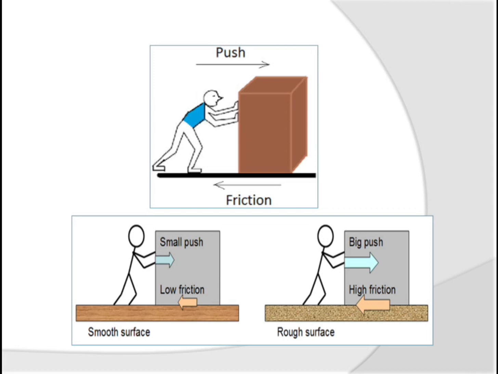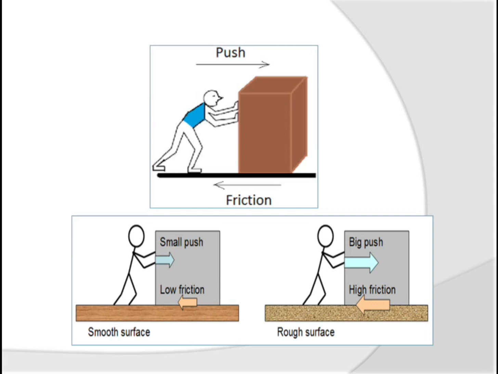Okay, and also this friction is more on the rough surface. Can you see here, children, how rough the surface is? Here the surface is more smooth. So if the surface is smooth, then the friction is less, so you can use only little force to move the object. If the surface is rough, then it requires more energy to push the object. You have to apply more force. So to apply more force, you need more energy. So more energy, more force is required to push the object on a rough surface. Why? Because the friction will be more. Okay, so